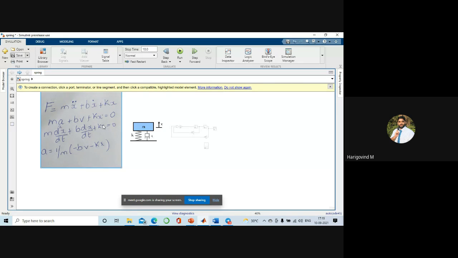Going left we are differentiating, and going right, from acceleration to velocity, we integrate acceleration, and to get displacement from velocity, we integrate velocity. Thus, we are going to integrate this. So there is a block known as